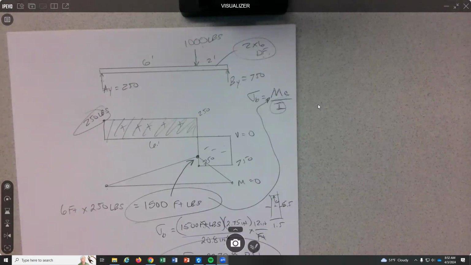For the homework, pretty sure I neglected the weight of the beam. I did that too the first time, but I caught it. Okay. So for